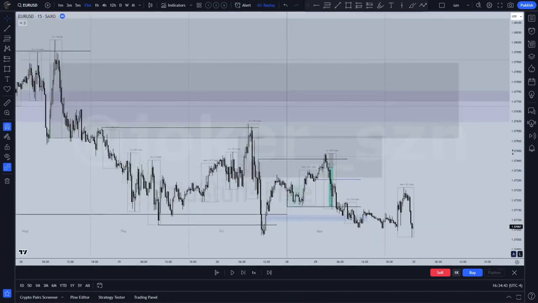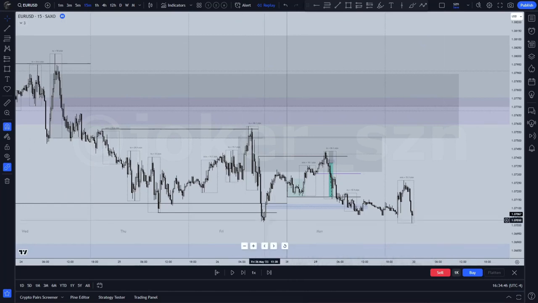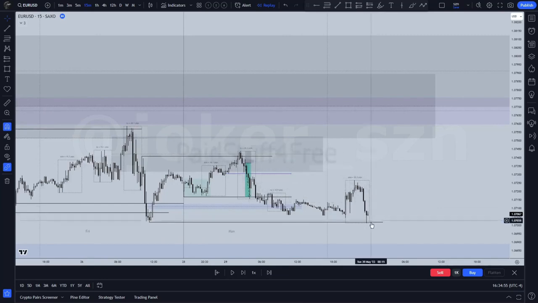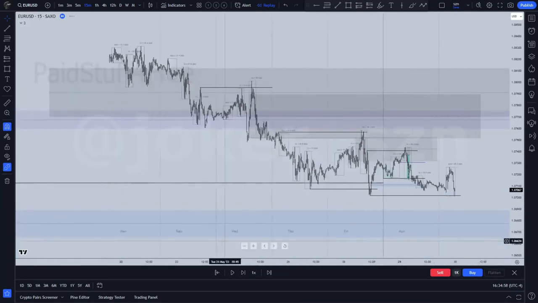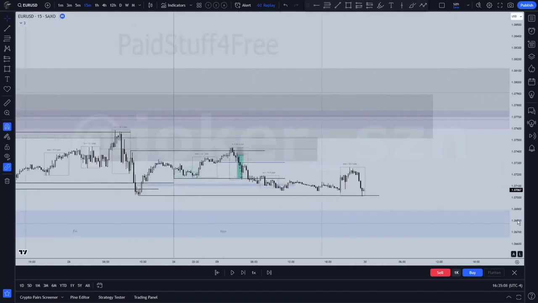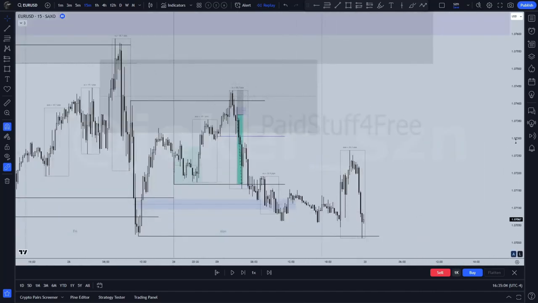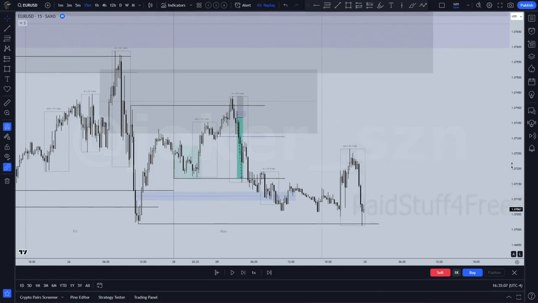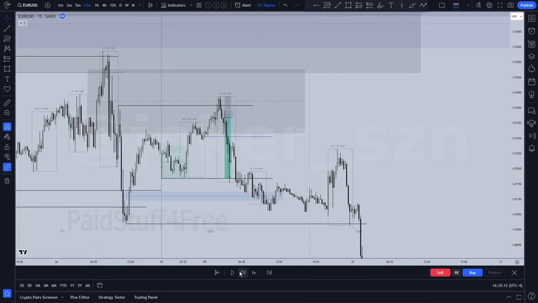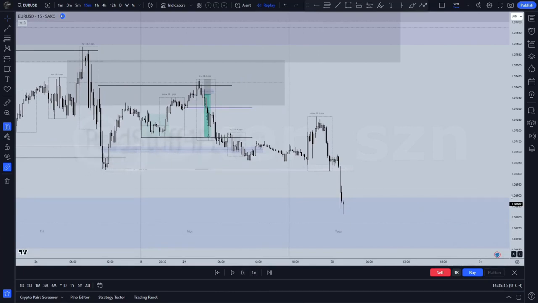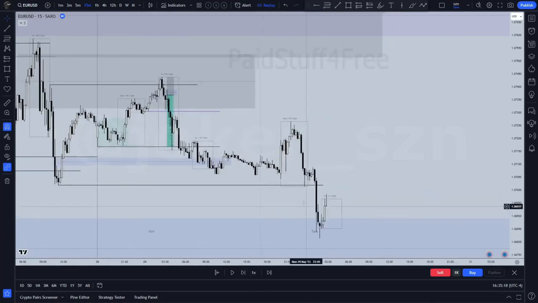So now we want to see if price, we actually have already taken out the Friday's lows here. So now we want to see if price is able to push down into this daily volume imbalance we've marked out. So price is now approaching our higher time frame PD array to look for a potential daily reversal, right? So we have London opened right here, and we have traded into that volume imbalance, right? So we are now at a bullish